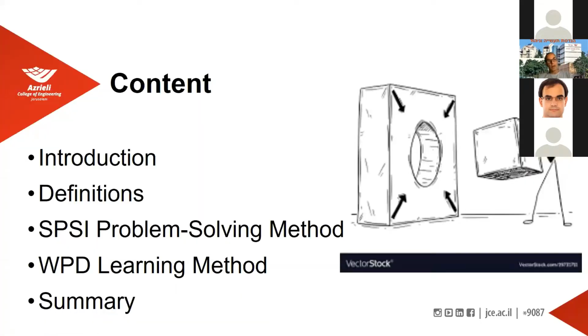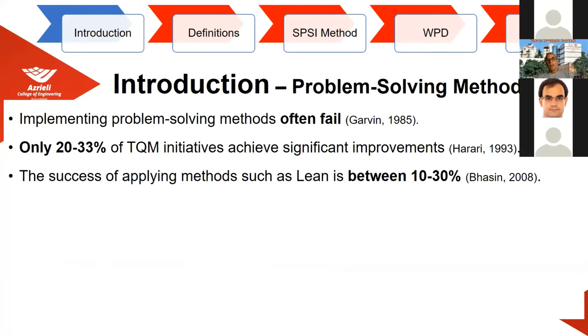I will give some introduction, some definitions. I will introduce the SPSI problem-solving method that we developed and the 3 learning rounds, the WPD learning method, and summarize. In the introduction, I would want to say that